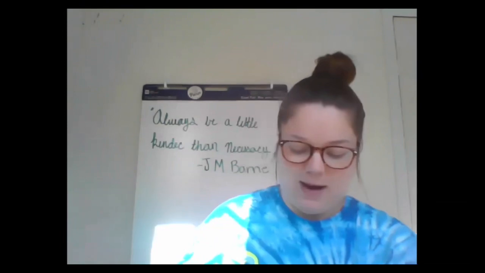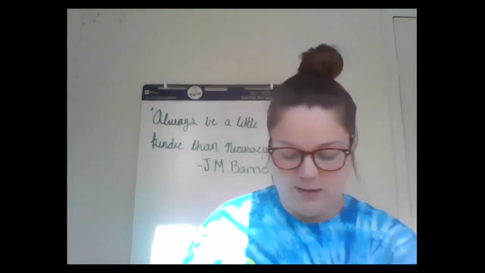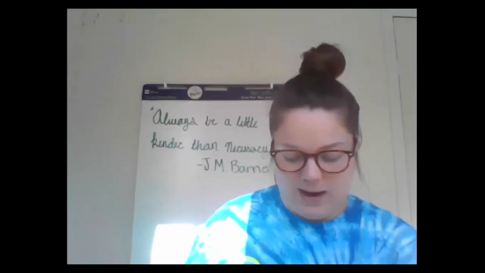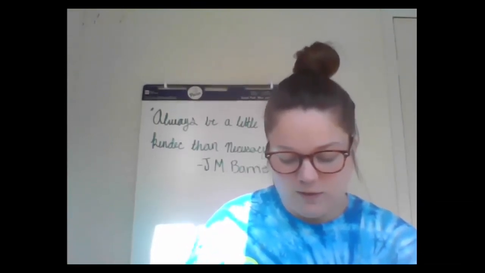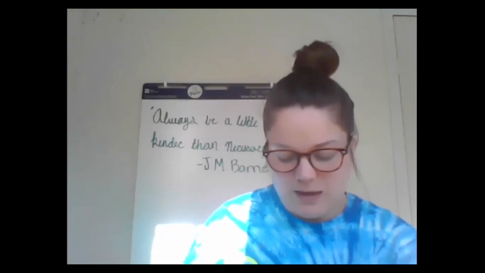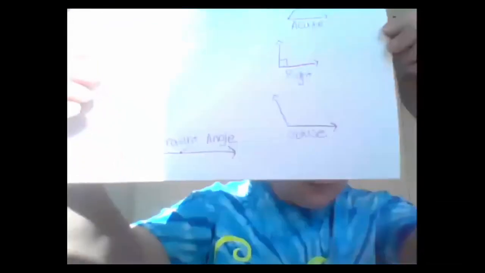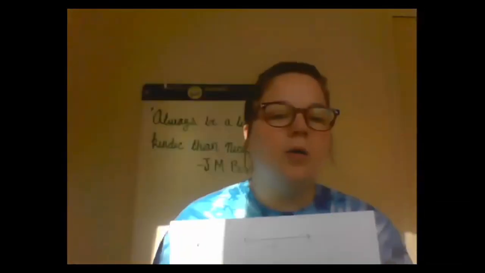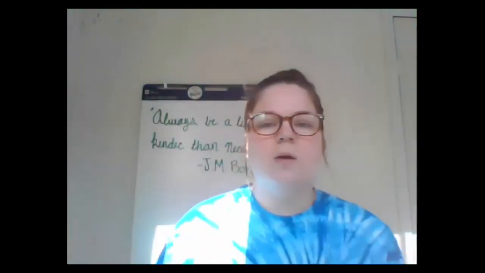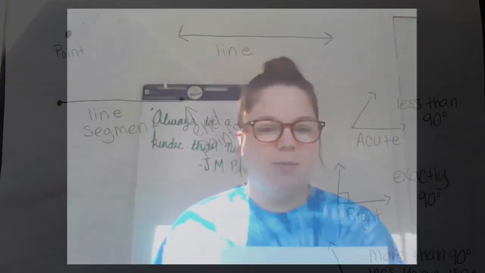Well, it has to stop at 179 because at 180 degrees, we have what's called a straight angle, which is really just a line. Straight angle, or a straight line. Okay, so now that we have reviewed all of our geometry vocabulary,